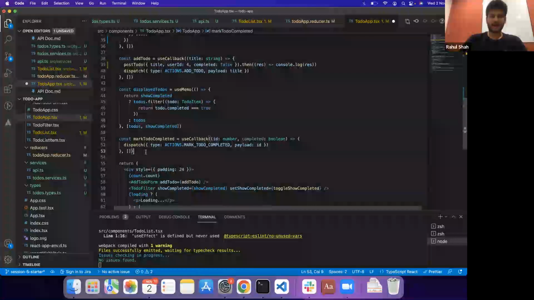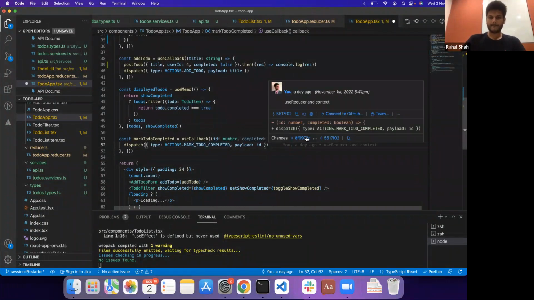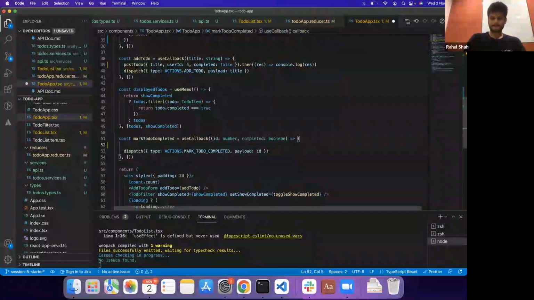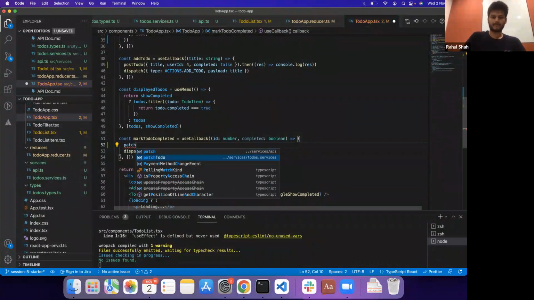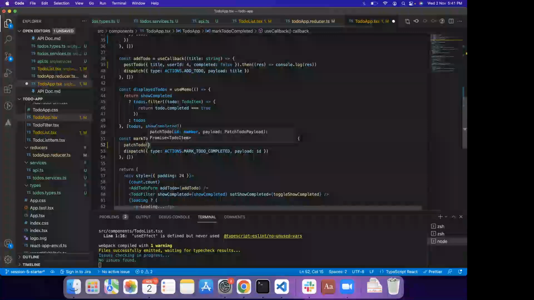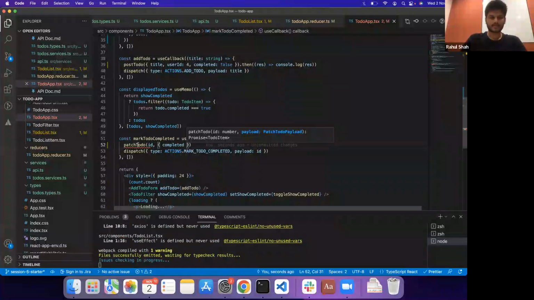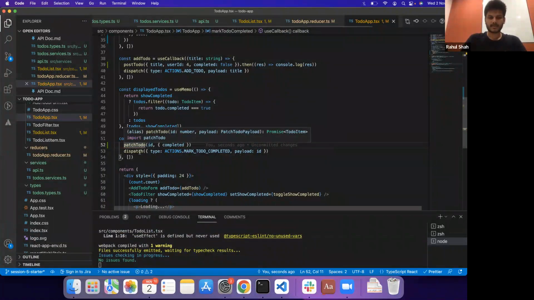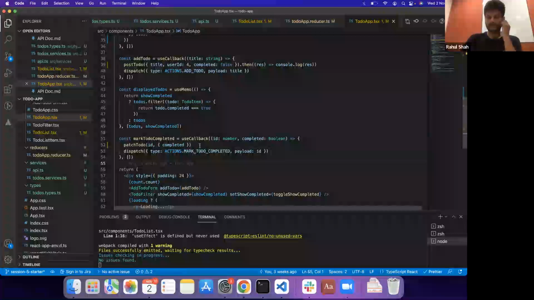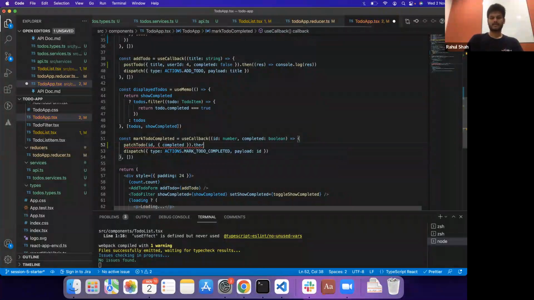And we'll say mark todo completed. Yes. So patchTodo. First is ID, and next is completed. That's pretty much it. Yep. We've got the type and then we